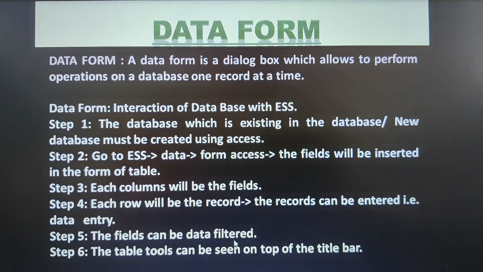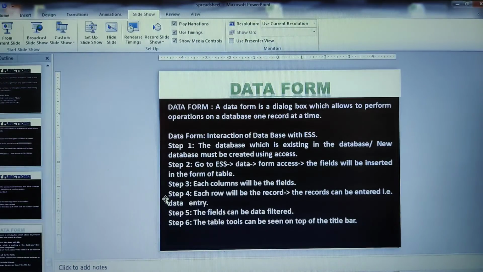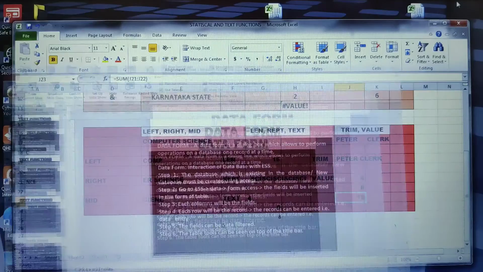The fields can be data filtered, that means the advanced filters you can apply, and you can even change the format of that particular table. So I'll make you understand how exactly we can establish the interaction between the database and the ESS. For that, first we need to create a database.